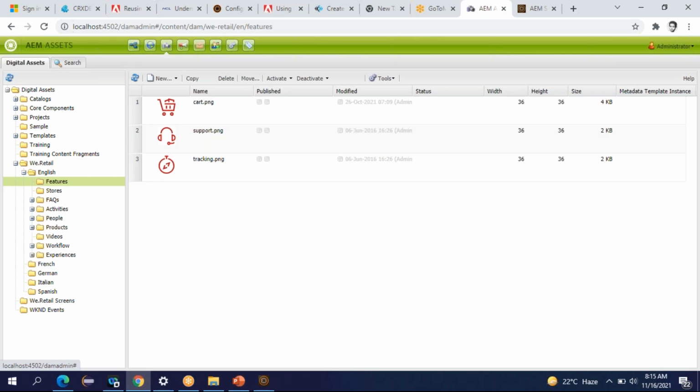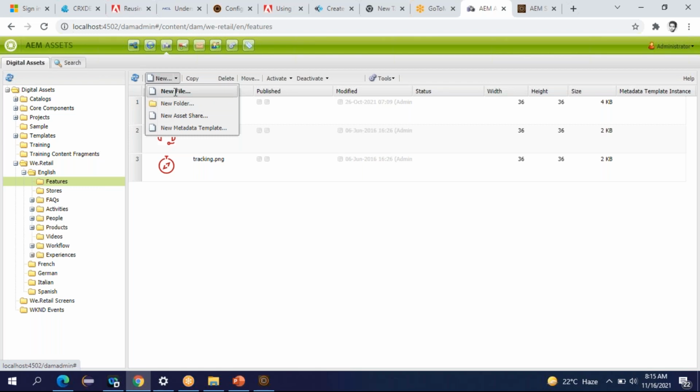Like you want to create your website xyz.com, so create a folder called xyz. Under that, you can have subfolders like icons, banners, documents. Under each subfolder, you can upload some images, documents, and all. Let's say I want to upload one image. Under features, I want to upload. So you have to select features, click on new file. If you want to create a new folder also, you can do that.